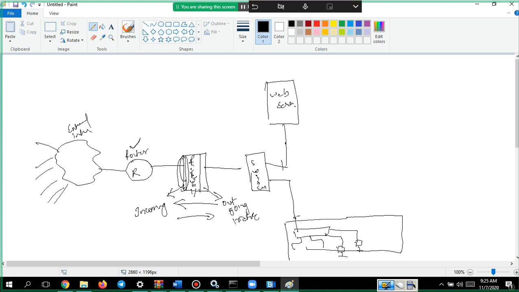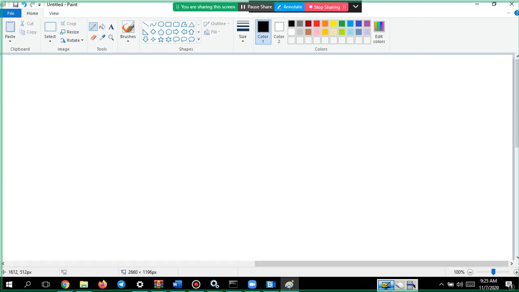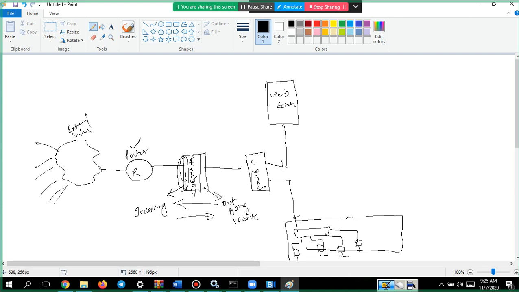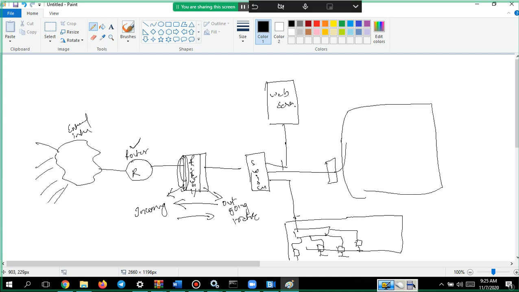One device, one more device, one more device. This might be one more switch which is connected to normal people like you and me who are sitting in the office working.